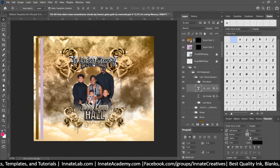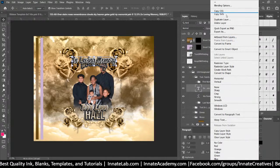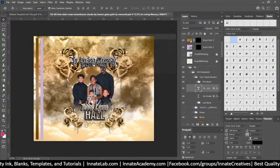So this is what I'm teaching you also with this class. We might have the greatest all over shirt design, but when that text gets really tiny and those details get really small, we have to pick and choose what we're going to drag over and onto that ribbon. Okay, so in this case what I did was a straight text instead with the same in love and memory idea, and we'll duplicate this layer so we don't change it,